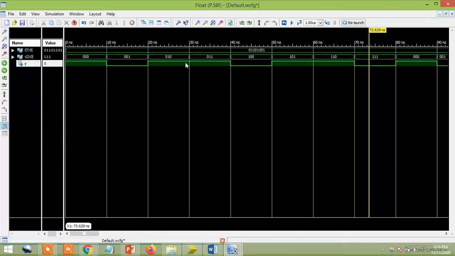So now the output will be high when my select lines select the inputs. Here see, select lines are 0 0 0, I0 will be selected. Next 0 0 1 means I1 will be selected. Similarly I2, I3, I4, I6, I7 will be selected. So based on your select lines, based on your inputs, the same value you will get. See, in the opposite way, 1 0 1 1 0 1 1 0. Clear about this one? In this way also you can verify. So one more method I'll tell you.